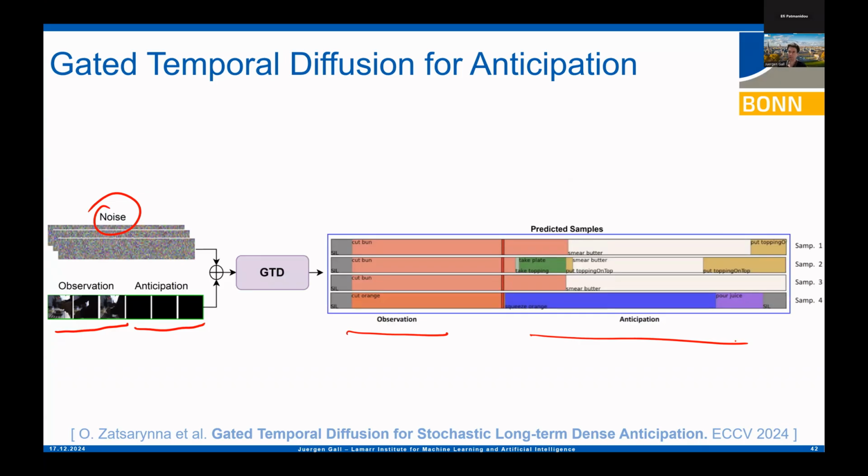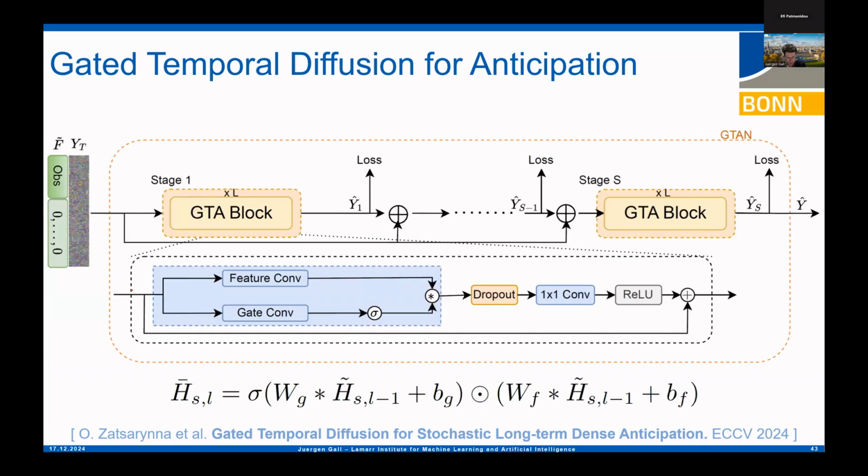There's one property that we also exploit here, because if you want to do long-term forecasting, there are many frames in the future which are zero. So in some sense, it might be better to allow the network to gradually adjust the information, how you propagate it from the observation to the future. And to give the network this flexibility, we introduced so-called gated convolutions, which is illustrated here. So what does it mean?